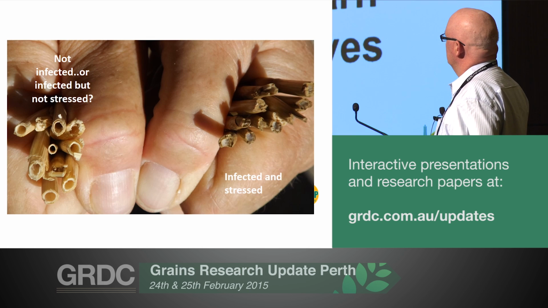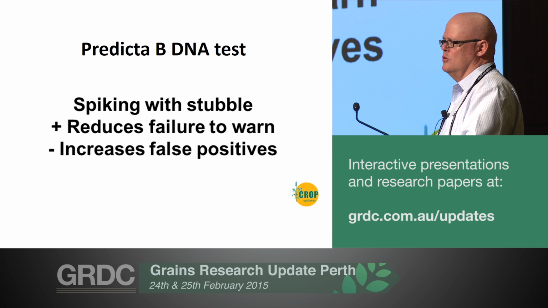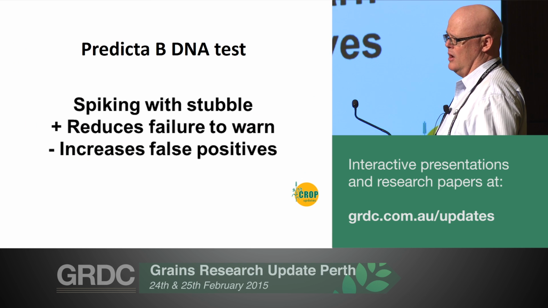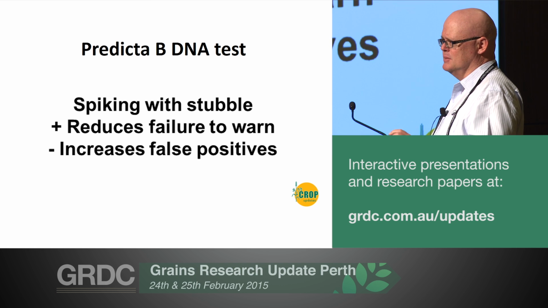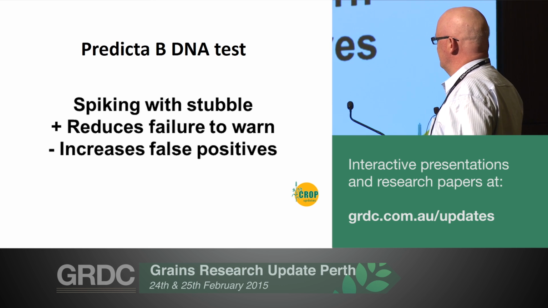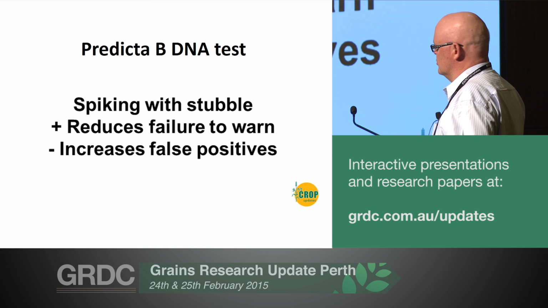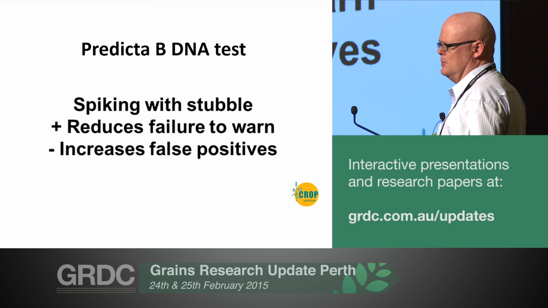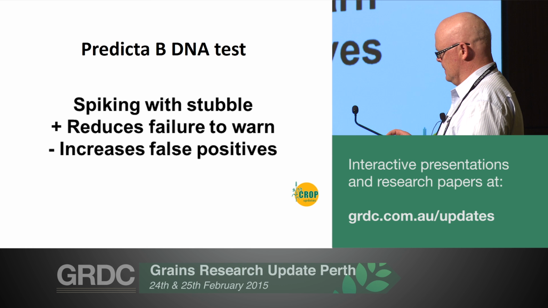So you all know this. Predictor B, just so you know, the more modern version of the Predictor B for crown rot is where we spike with a piece of stubble. So we absolutely know we're picking it up. So it reduces the risk of failure to warn, which is a really good thing, but it increases potentially the false positives, if you know what I mean,